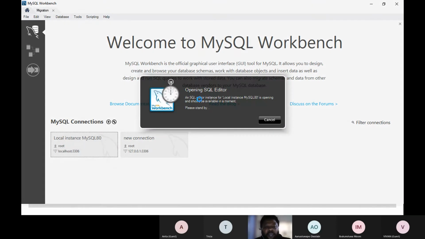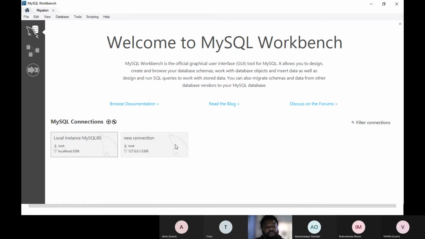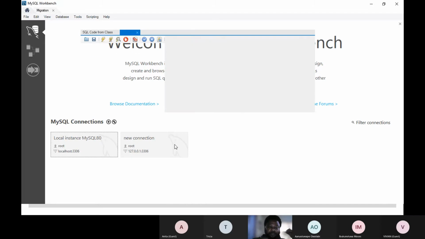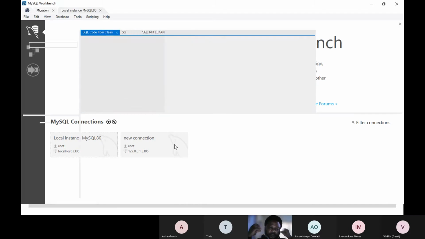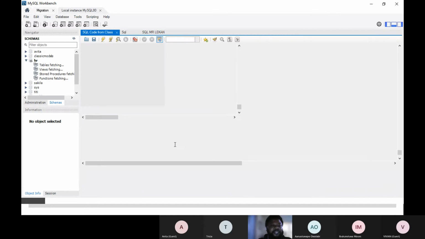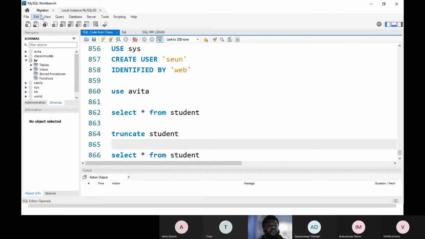Can you see it's opening the SQL editor? And I have connected to my database, right? I've connected to my database.